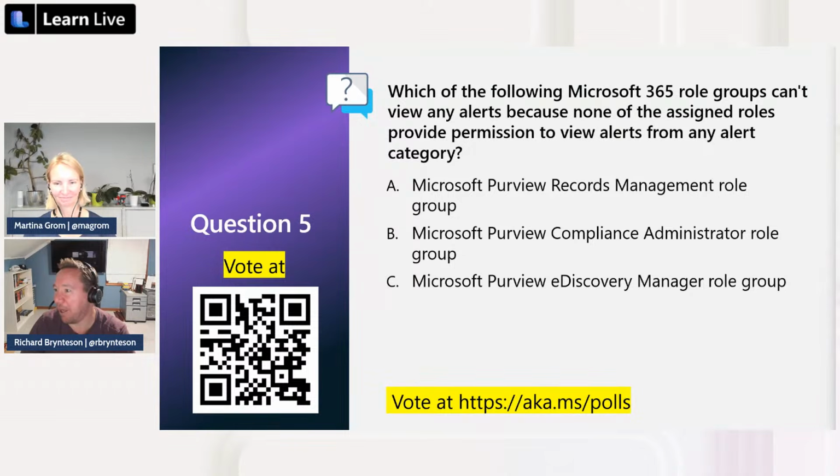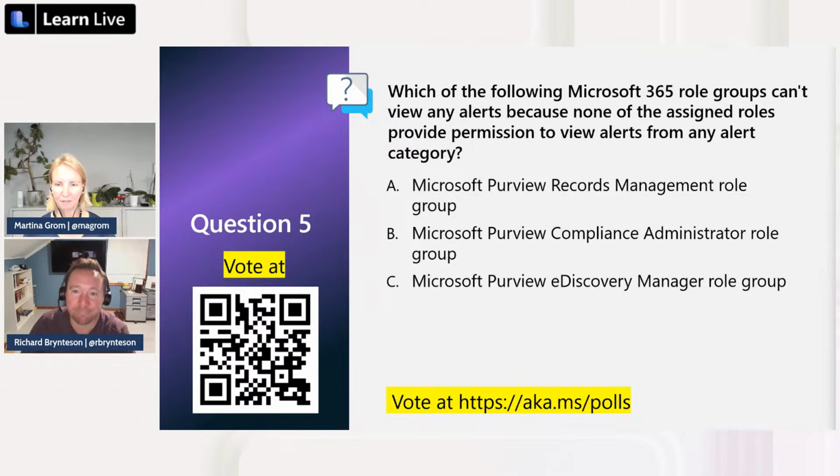On question 5, which role can you not see unless you have been given permissions to view the alerts from that alert category? And also, think about ABAC.